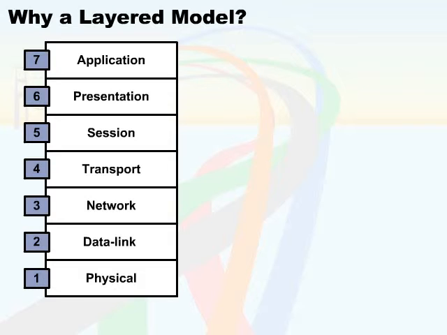Now, the OSI reference model, as it's called, was actually released in 1984. The work of the model began in 1979. So it's been around for almost 30 years, but it has been in practical use for about 20 years at this point. The OSI reference model has provided for us a set of references or the ability to standardize and